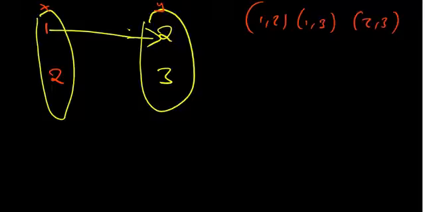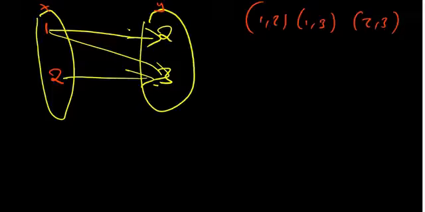At the same time, 1 is also mapping into 3. Then 2 is mapping to 3. Now we are saying that we can have two values of x mapping to two different values of y. Okay, we are saying that we can have two values of x mapping to one value of y. That is just okay, but it is not possible of having two values of y mapping to one value of x. So as we can see here, we cannot call this one a function